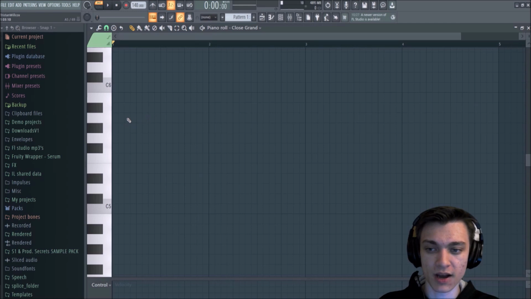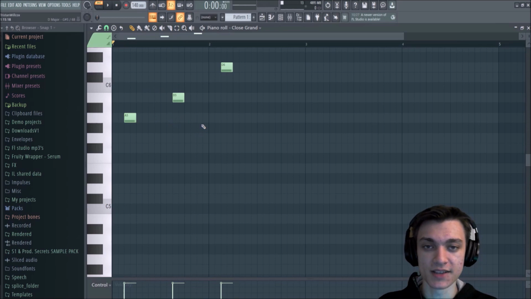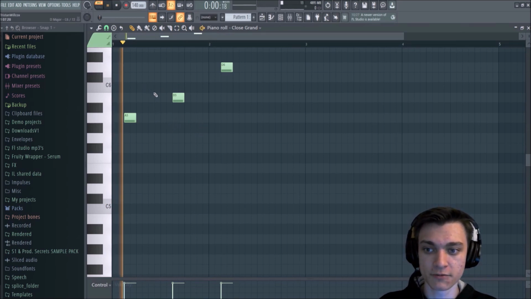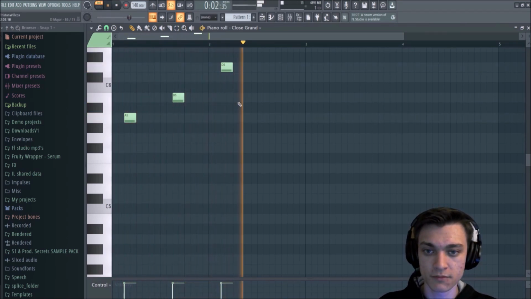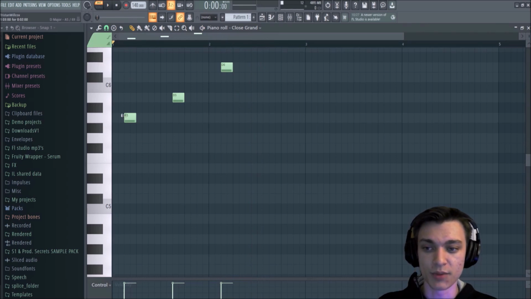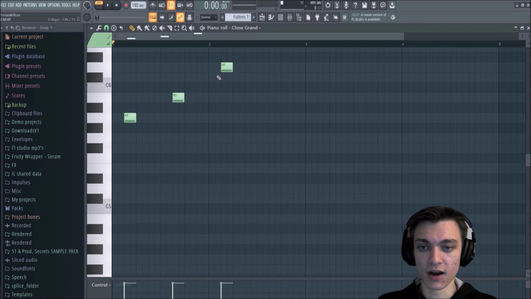So if I just left click a green note in here, just going to click once and it's going to place a note. And I'm going to do this a couple times just to show you guys how it works. So if I click play again, you can see that it plays it one after the other. So the piano roll is pretty intuitive. I don't feel like there needs to be a ton of over explaining here, but before we start making melodies,